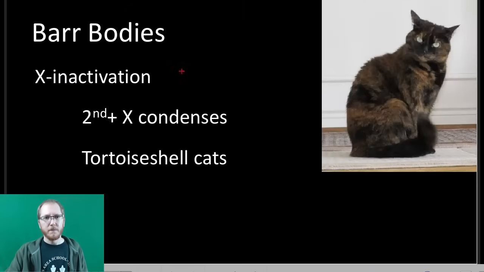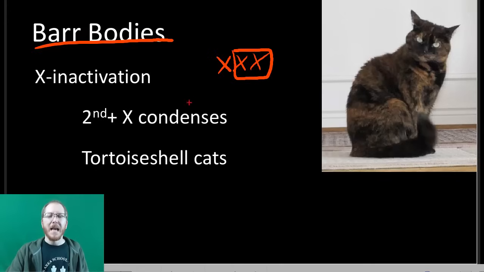Now, bar bodies, this is kind of a cool idea where when we look at our sex chromosomes, we only need one X, right? We've talked about this idea that males survive and they have one X, females have two X's, but they don't have to have the second X. And so what most organisms do is they will take the second or any additional X's they have. You'll see there are some screw-ups where you get like 3 X's, and so you'll take anything beyond the 1, so in this case the second and third, and you will condense them down and kind of leave them as